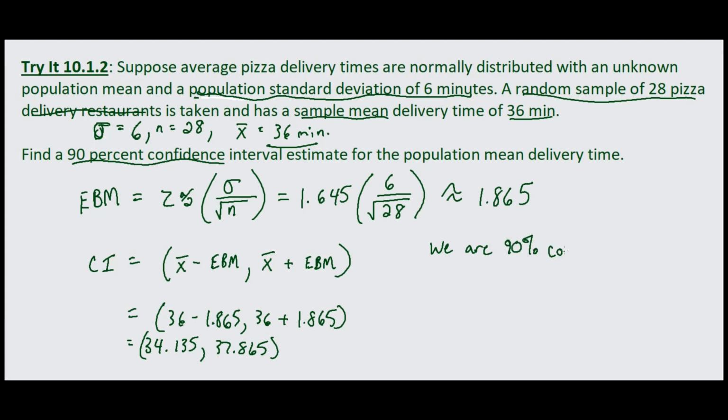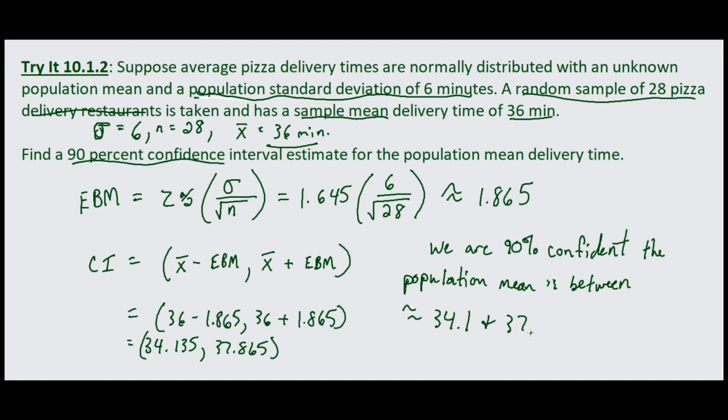Now, don't use any language like probability or 95% chance, because the confidence is in the method. It's not in the individual interval. But we can say that we're 90% confident that the population mean is between approximately 34.1 and 37.8